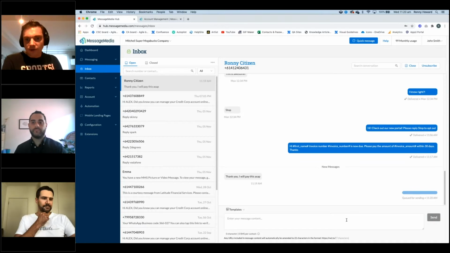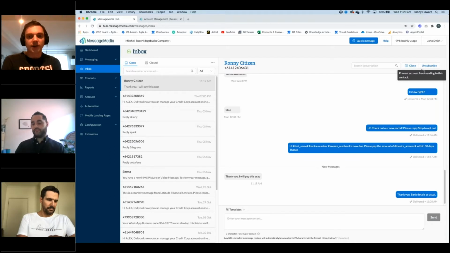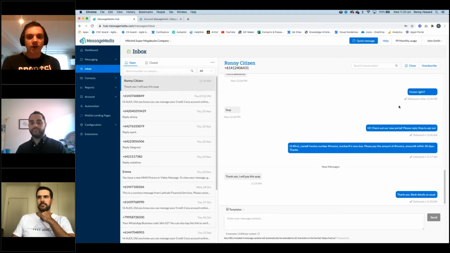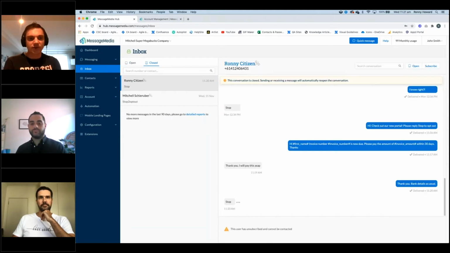You also have options up the top right there to close or unsubscribe that contact. Say the person had been messaging you about a particular inquiry that was resolved and you didn't need that conversation thread taking up space in the inbox anymore. You can just hit the close button, and that will move the conversation over to the closed section on the left-hand list, so it won't be taking up space amongst other messages that you may still need